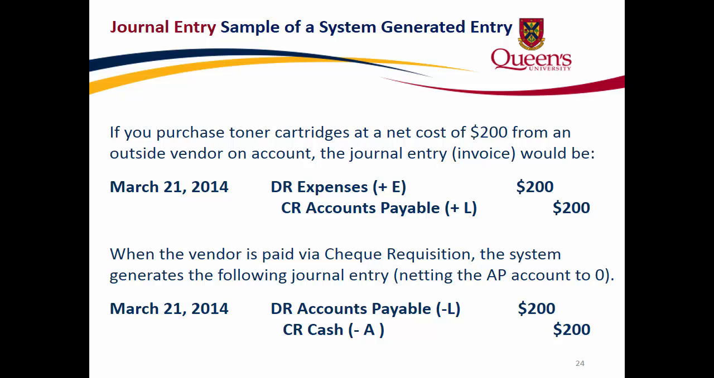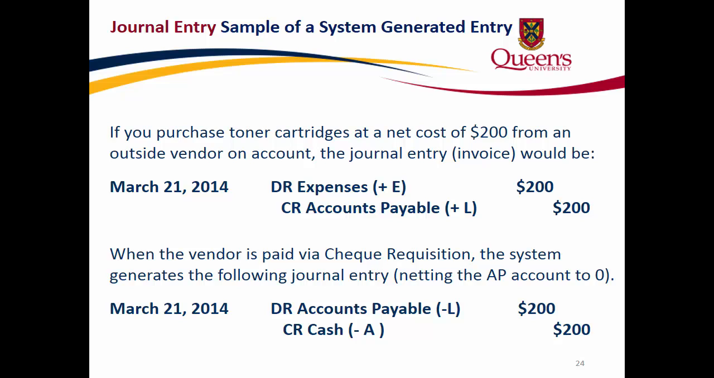Journal entry sample of a system-generated entry. Let's say, for example, you purchase toner cartridges at a net cost of $200 from an outside vendor on account. The journal entry invoice would be a debit to expense account for $200 and a credit to the accounts payable